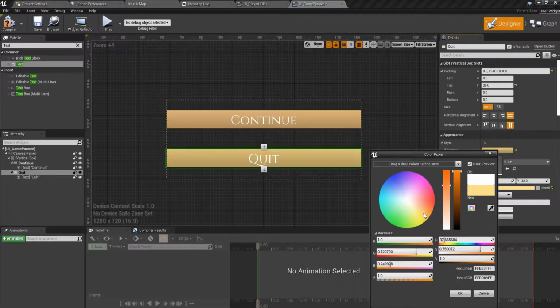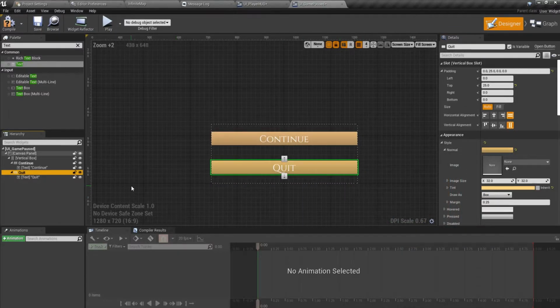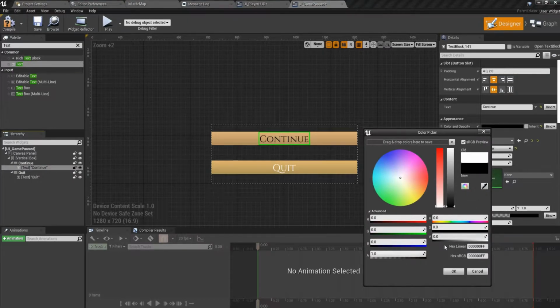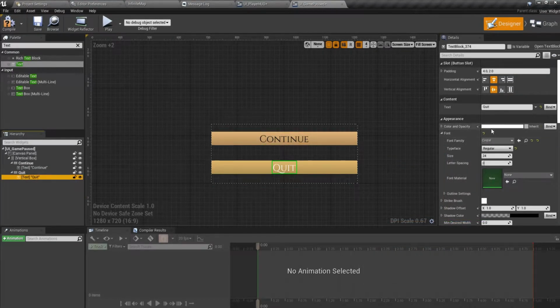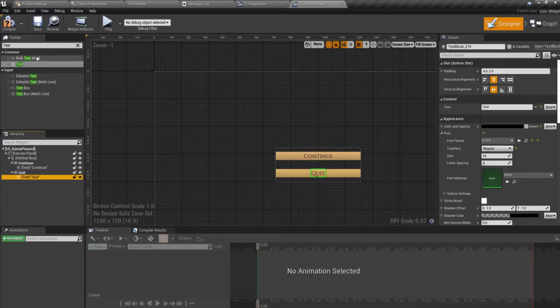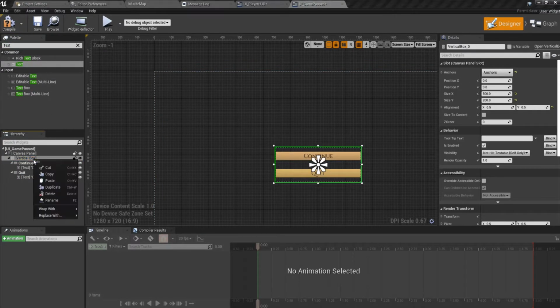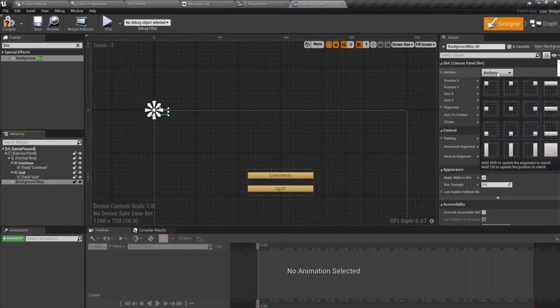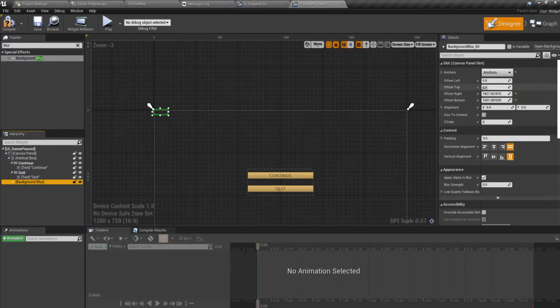Yeah, sorry about that. Yeah, there we go, and we can change the color of our text to black. And what we could do as well is wrap with, not wrap with, okay. So just put in a background blur on the canvas panel, and we can anchor it to all sides, and